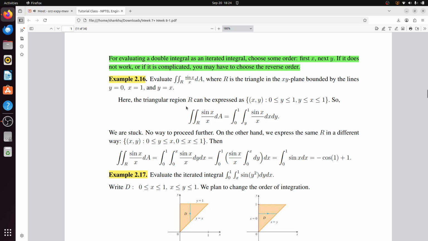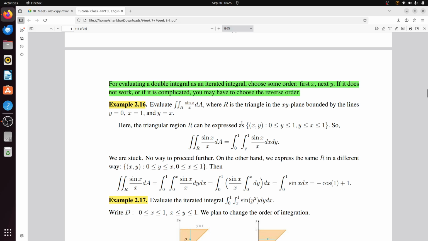Here the triangular region R can be expressed as (x, y) with 0 less than or equal to y less than or equal to 1, y less than or equal to x less than or equal to 1. So this becomes the integral from 0 to 1, y to 1, of sin x by x dx dy. We are stuck, no way to proceed further. On the other hand, if you just swap it, you will get it as